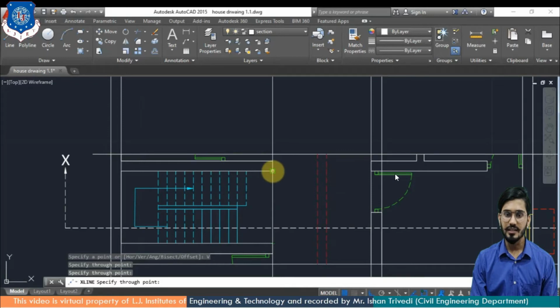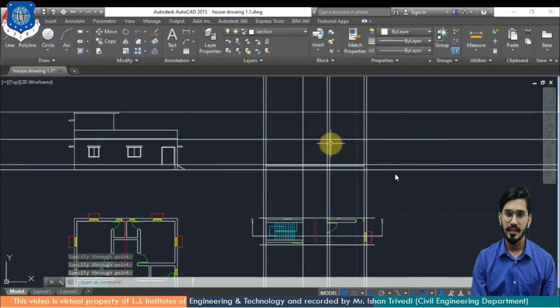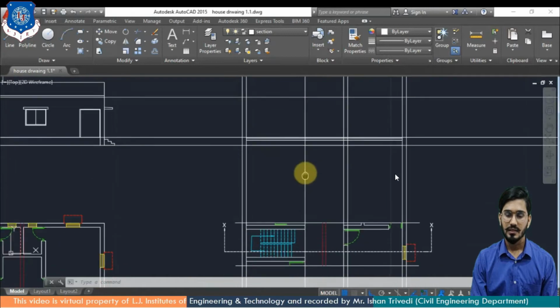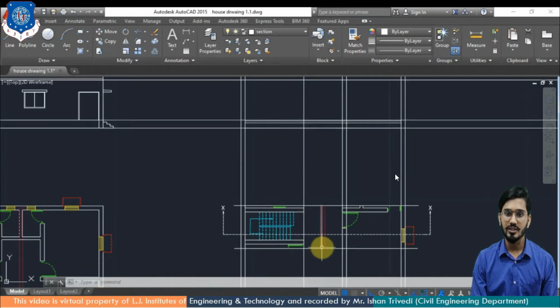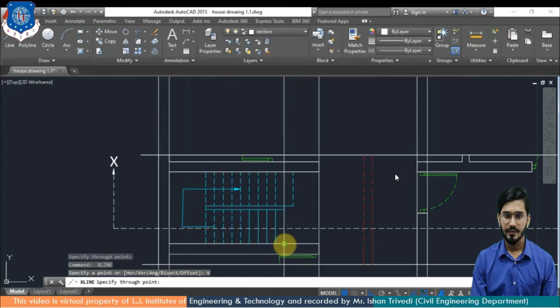I can see here the line only. There is no opening of door, so I will provide a line. There is no wall and the thickness. At this side you can find the thickness, but here you can see only a wall. You can also take the reference of this beam I have provided. Now staircase.